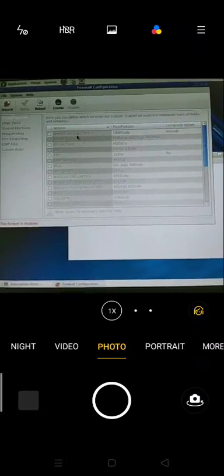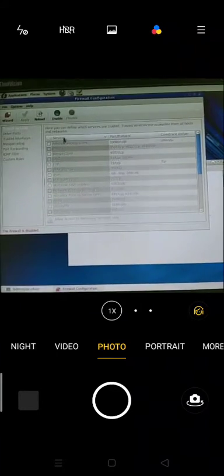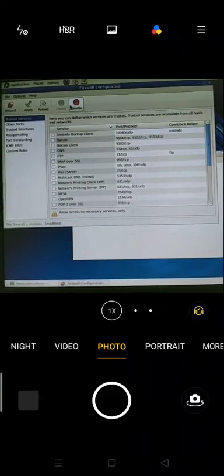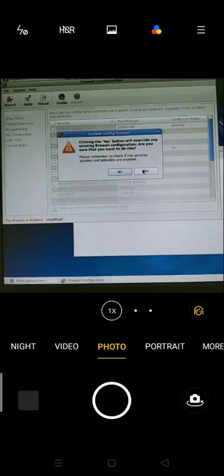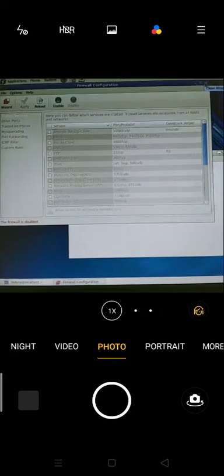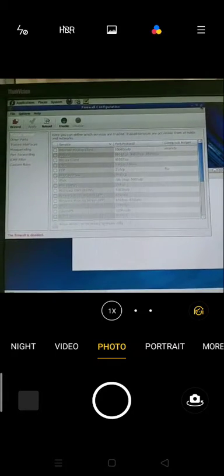Now here you can see the firewall is already disabled. If it is enabled, just click the disable button and click the apply button. Okay, this is the way of disabling a firewall.